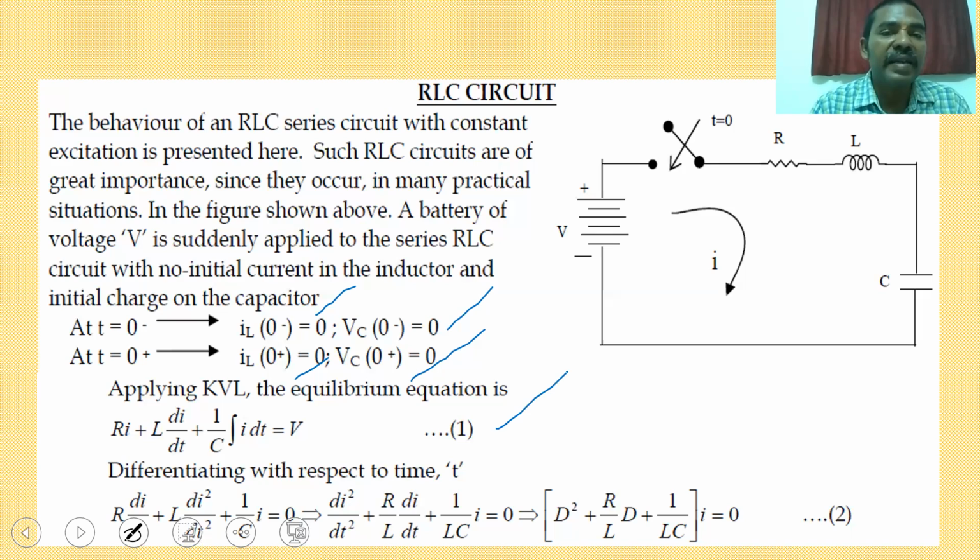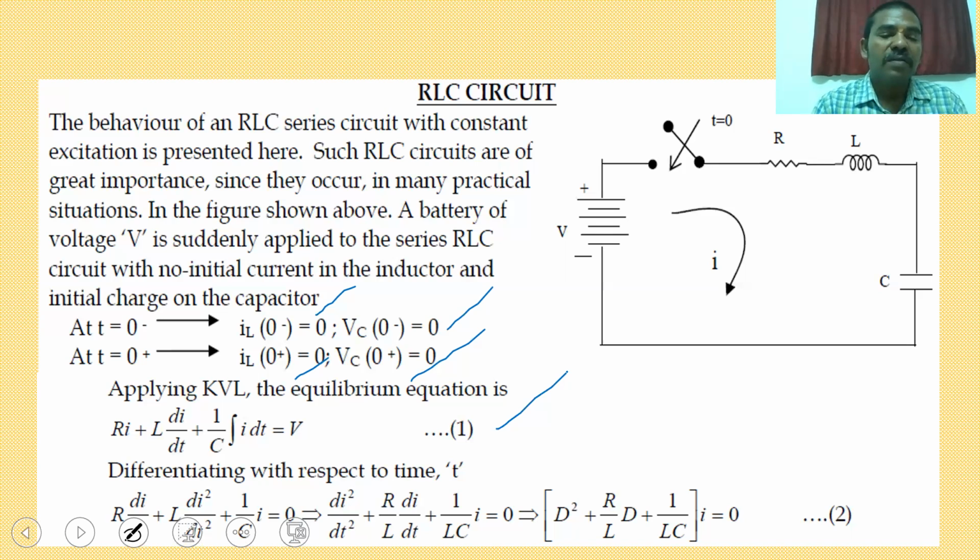Here integration is there. So to avoid the complexity, we have to go for differentiation with respect to t. So R into di of t by dt plus L into d square i by dt square plus 1 by C into I is equal to 0, because the supply voltage is a step constant of V volts, and the derivative of a constant